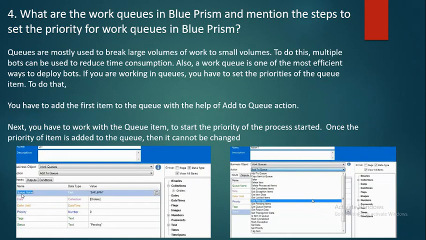Let's say your process has multiple tickets and your input data is in an Excel sheet. So let's say there are 100 items in the Excel sheet. How do you process those items line by line through Blue Prism? What you will have to do is load all the items from the Excel sheet to the Blue Prism queue. So this example you can call a load to queue. Now the Get Next Item, as I showed you in the previous example, is where the work queue